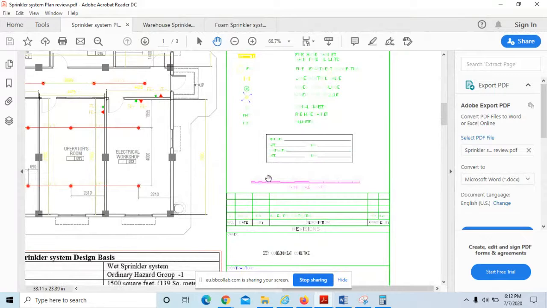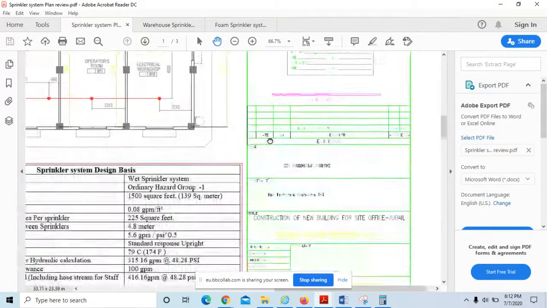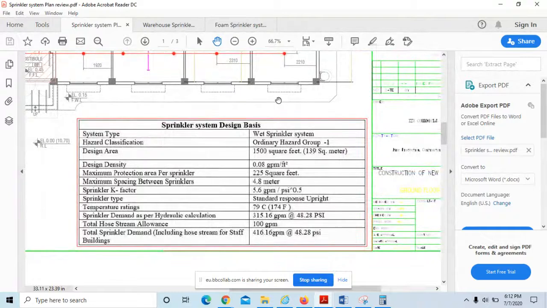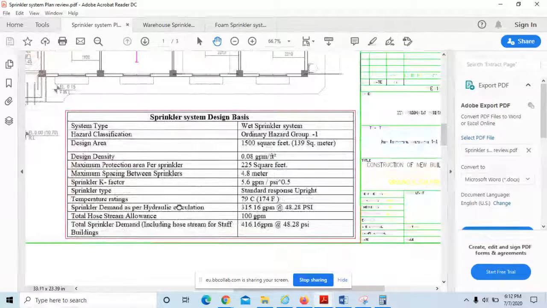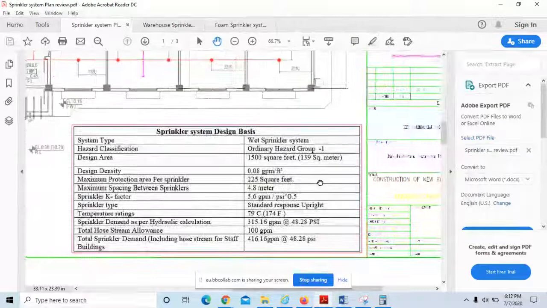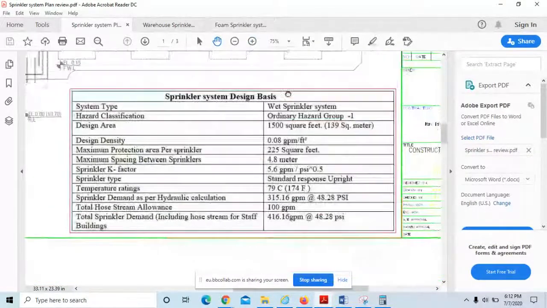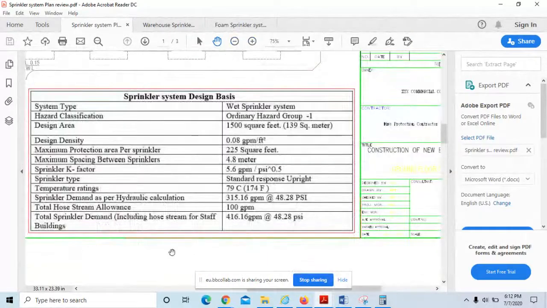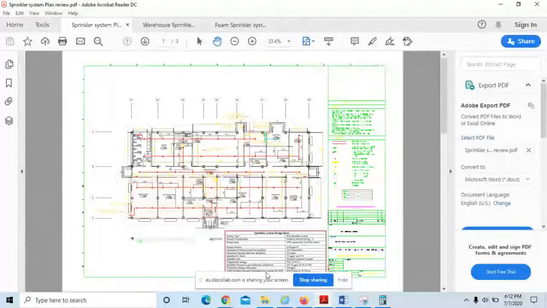Mr. Rabi, what about the pump selection and the tank? Is it mentioned here? No, this is just for the sprinkler system, right? If you can see the design, I'll come to that. Let's go to that point directly. Here we have the sprinkler system design basis, and this information should always be on all sprinkler system plan drawings, at some corner in the drawing space.